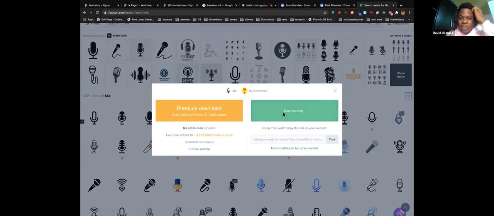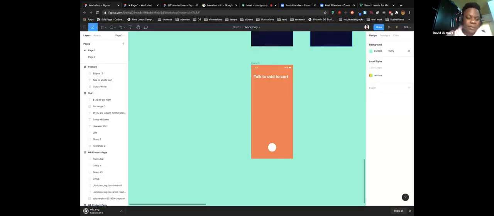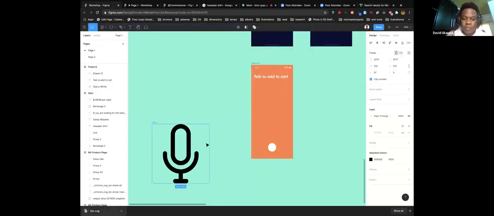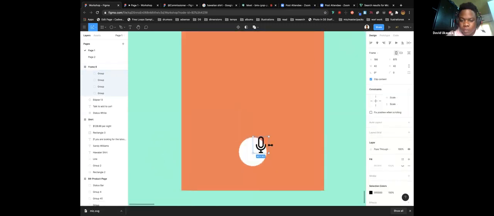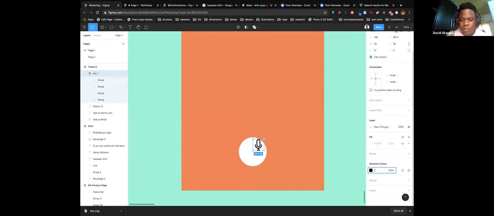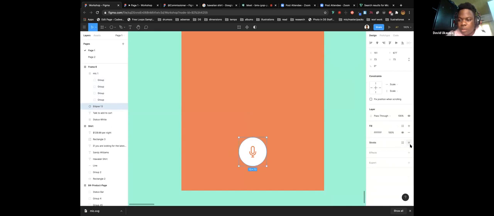I know most people use plugins for icons, but I'm just stuck on flat icons. I don't know why. Let's use our eye drop. The paper is there. Let's add a